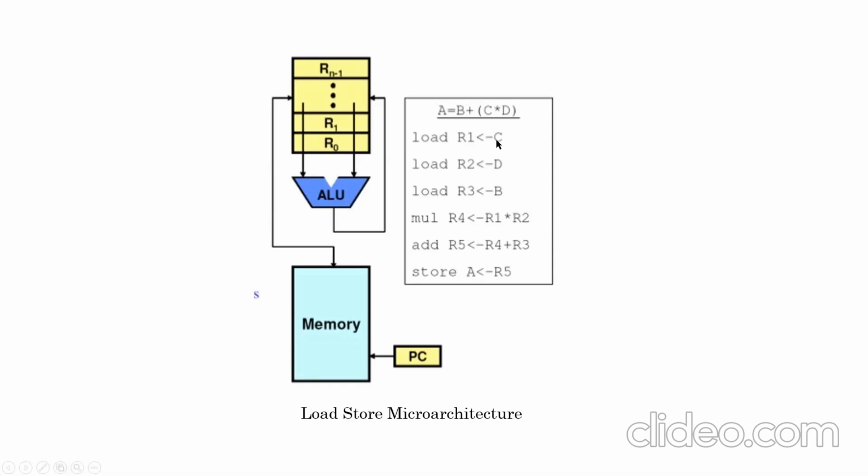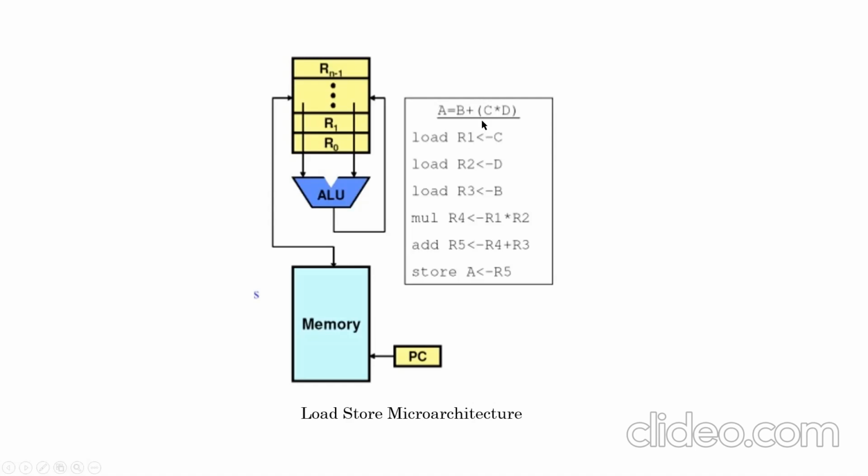Here we are not transferring a location value, we are transferring the data present within a location. The content of location C is transferred to R1. Content of location D is transferred to R2. Content of location B is transferred to R3. So initially what we are doing is performing a load operation, transferring data from a memory location to